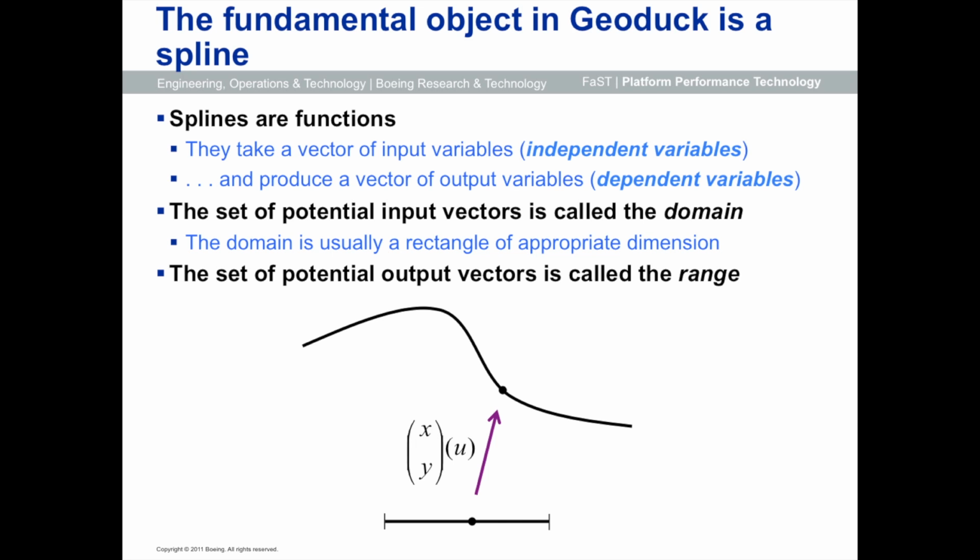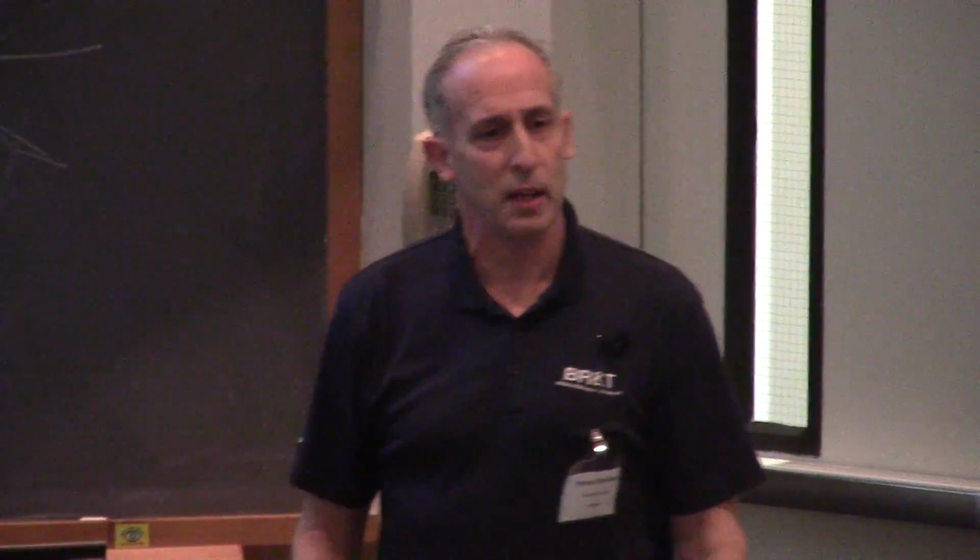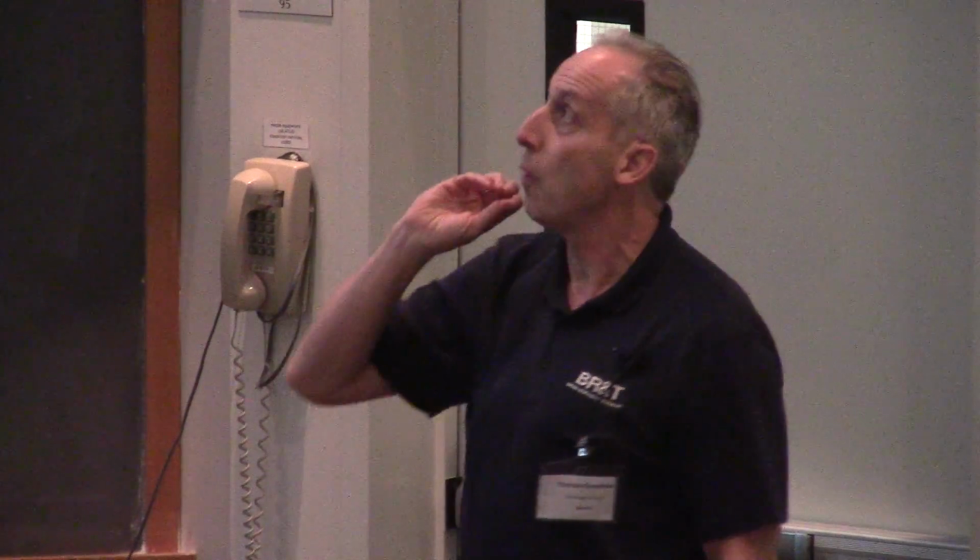The AeroGrid paneling system from which GUI duct is derived had about 59 different geometric entities that you could do computations with. In GUI duct, we basically said, let's try to see what we can do with one. But we didn't quite make it with one. We ended up with about 10. But by far and away, the biggest and most important one is the tensor product spline object.